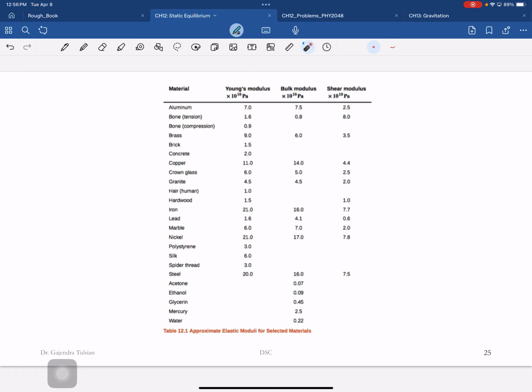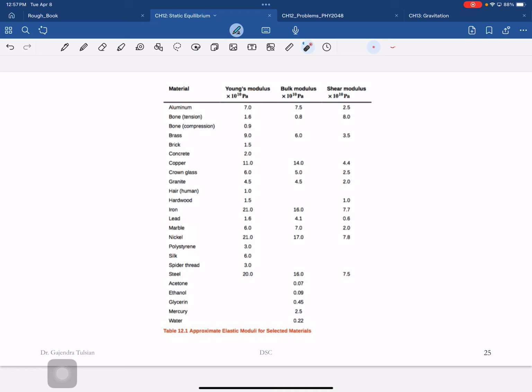All right, so all these moduli are important enough that people make tables. They go measure it, so a materials science engineer will go measure this. And here are these numbers, and that engineer who designed that suspension bridge is using these tables. Okay. All right, let's look at what these numbers mean. Let's take